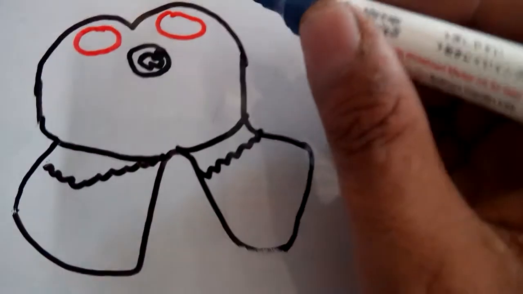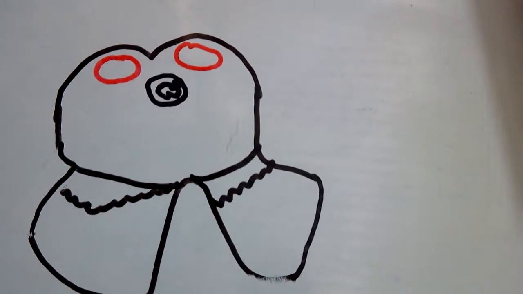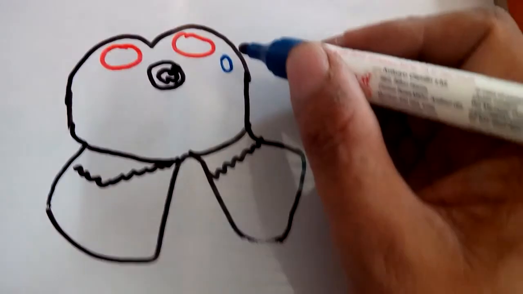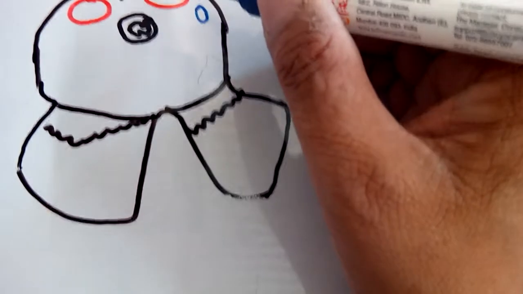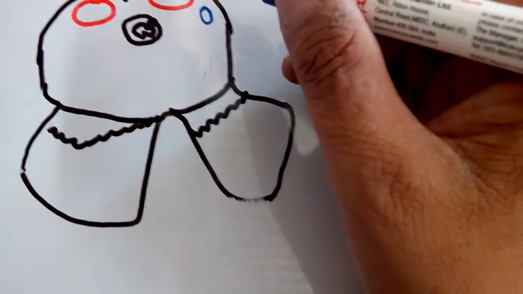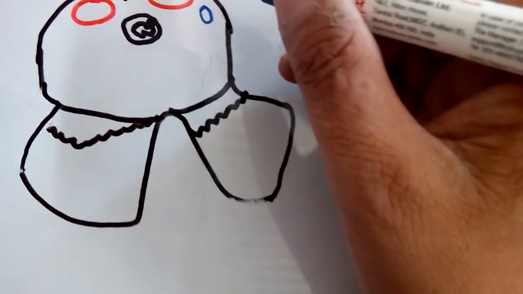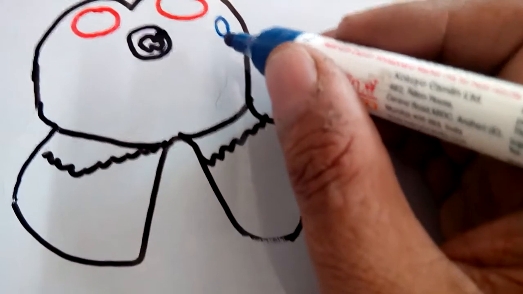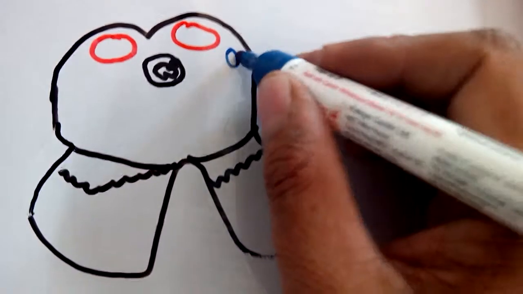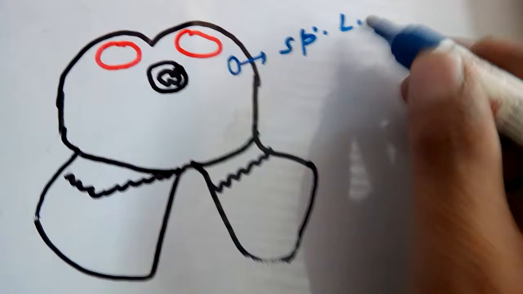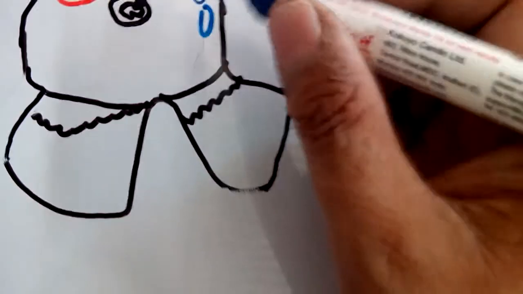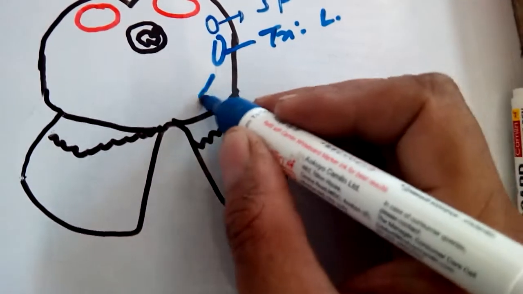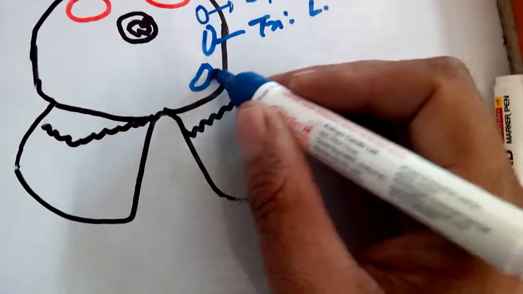The lemniscus system is quite different from the level of inferior colliculi. At the level of inferior colliculi there were 4 lemniscus systems, but here only 3, because the lateral lemniscus was merged with the inferior colliculi. Here is the spinal lemniscus. In front of the spinal is the trigeminal lemniscus, and the anterior-most is the medial lemniscus.